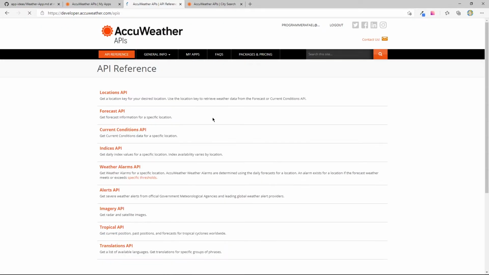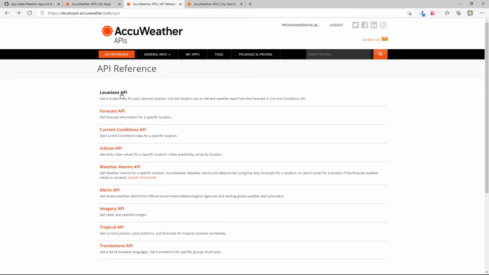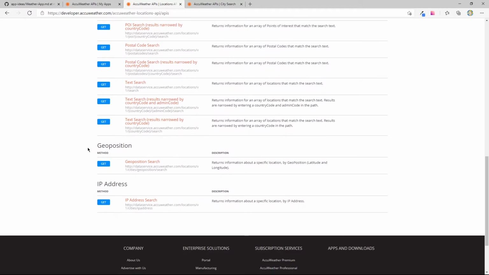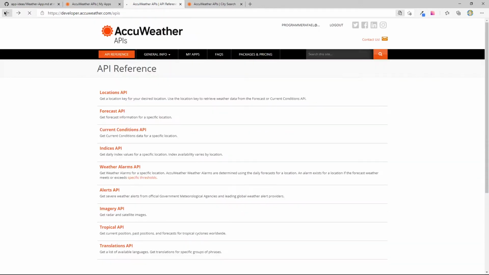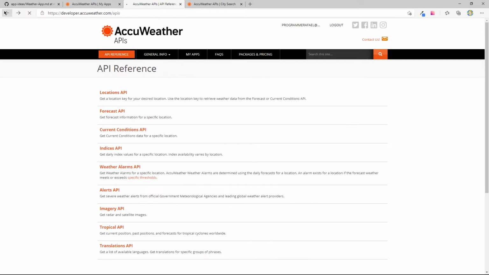Let's see. Get radar and satellite images. Maybe not. Locations API. Just looking up icons. That's interesting. Not sure what the number 6 means, but anyway, we'll get there when we get there.